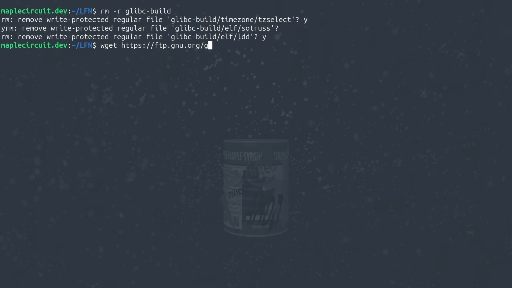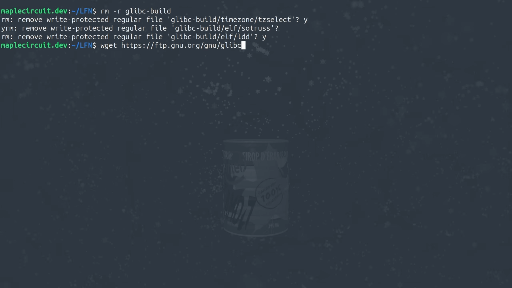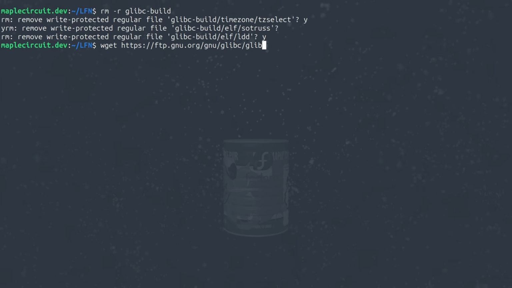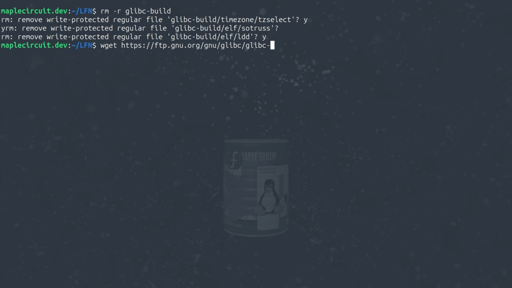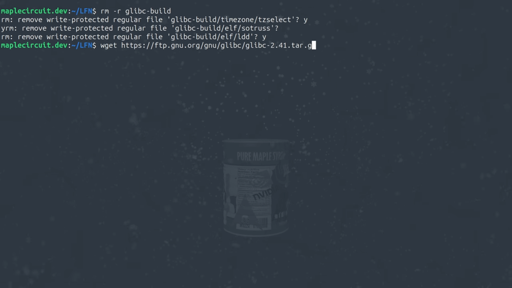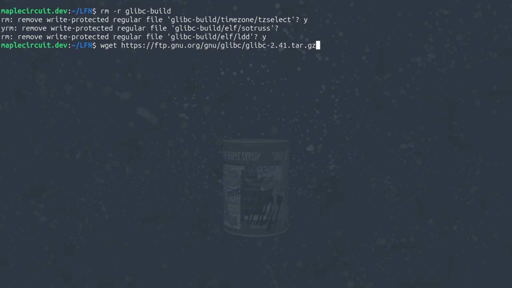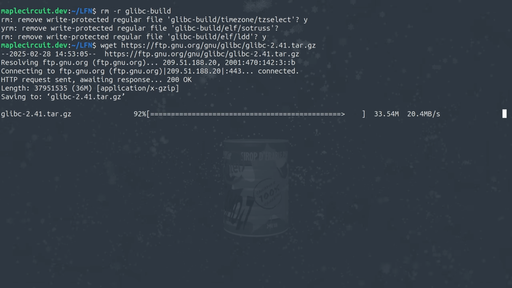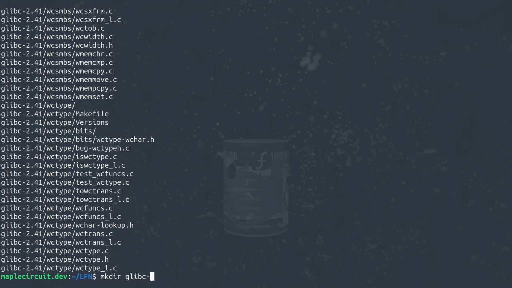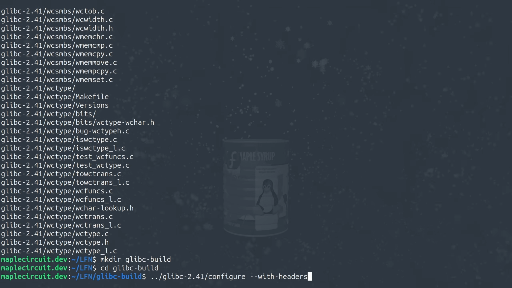So let's actually use the most cutting edge version, but not the bleeding edge version. Let's say it that way. So let's remove our glibc-build that we already created, and let's download from GNU the latest version of glibc, which right now is 2.41. Once that's done, let's uncompress glibc, let's create our glibc-build, let's enter it, and let's create